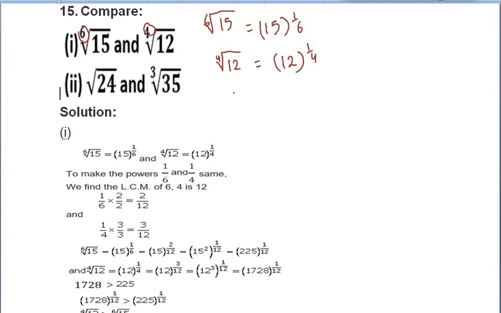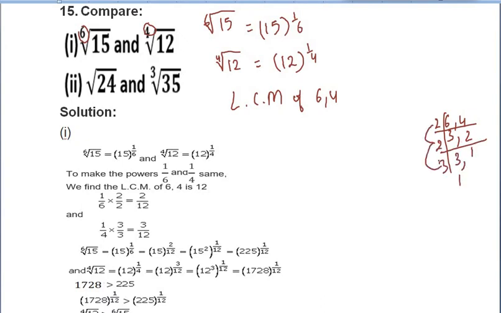Now you see here 6 and here 4. What we will do, we will take the LCM first. LCM of 6 and 4. So LCM of 6 and 4 when we will find out. 2 3s are 6, 2 2s are 4, 2 1s are 2 and here 3, 3 1s are 3, 2 2s are 4, 3 4s are 12. So what we are getting? 12. So somehow we have to convert this number into 12.